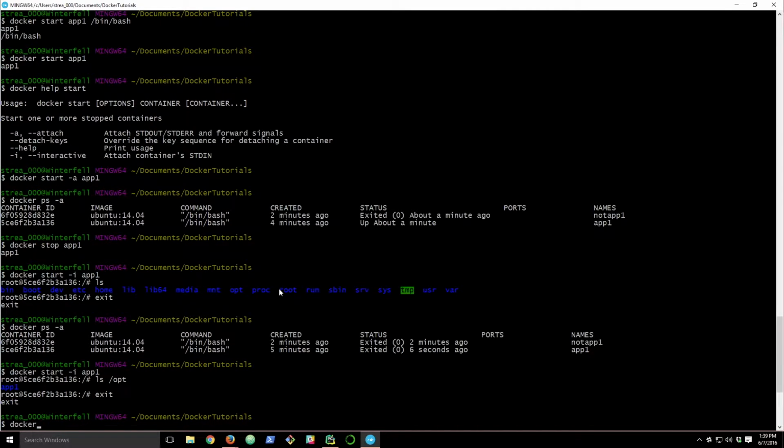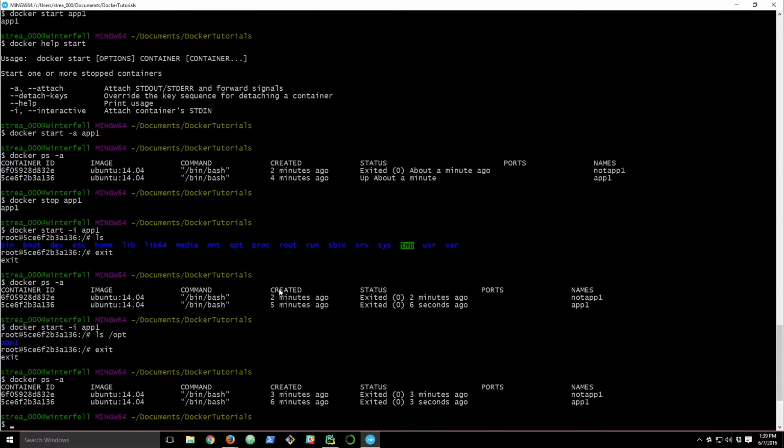So I've exited. Docker ps -a shows there's nothing running as a daemon, so that has exited as well. I'm going to go ahead and clean both of these up. There's a little command that is useful to get to know, because there's no bulk clean command for Docker containers, at least right now. We hope in a future version of Docker we'll find that. But if you want to remove all containers, you can use docker rm, pass it -v for the volumes,